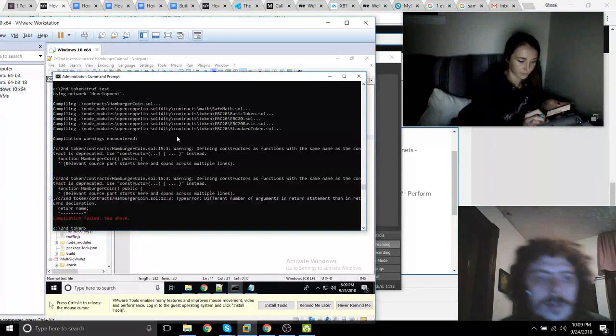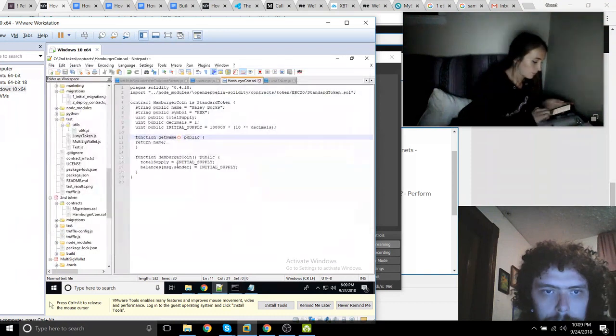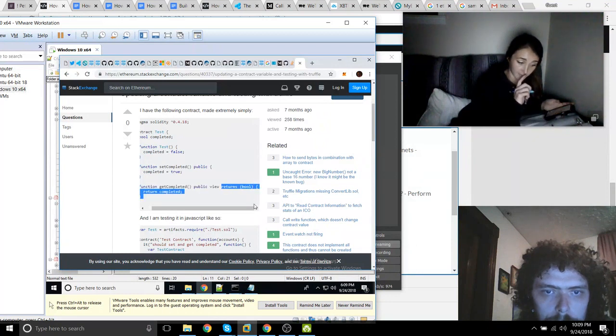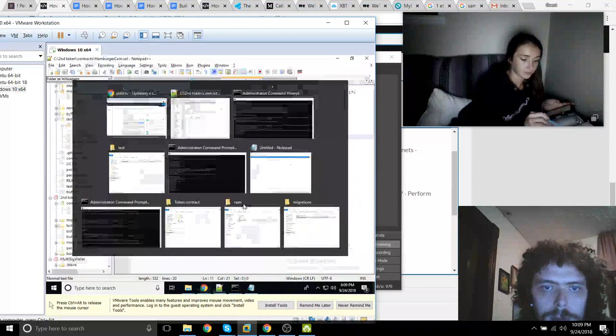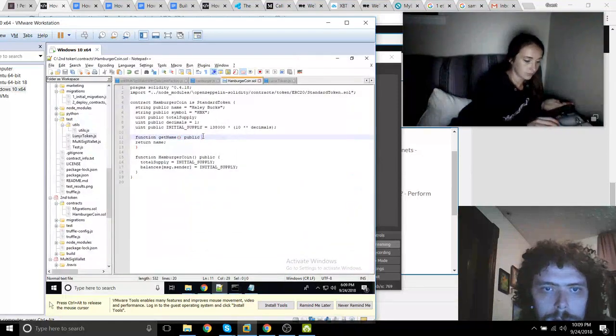Return name. Should say what it returned. So it should return string. This is just a Solidity thing. I wish I could select stuff using my mouse. There we go. Public returns. Come on now. String.